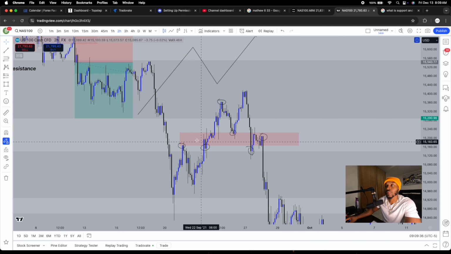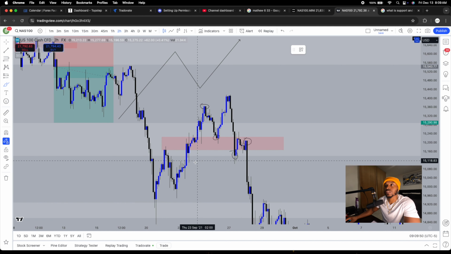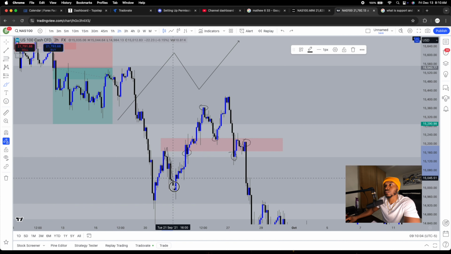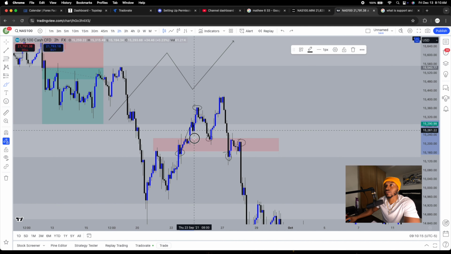So right here, we can see price bounced off of that resistance level, but it did not become a lower time frame resistance level until we broke above and did this. We have this into this into this. So now it becomes our level of support and resistance on the lower time frame. So once we get a bounce off of here